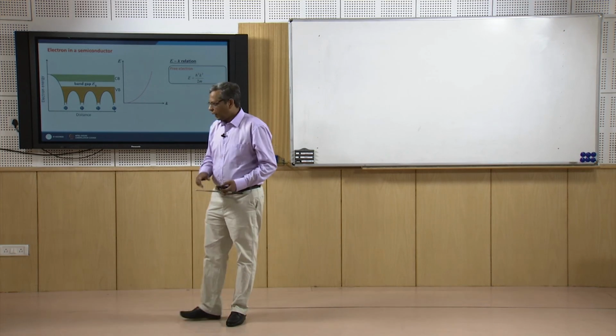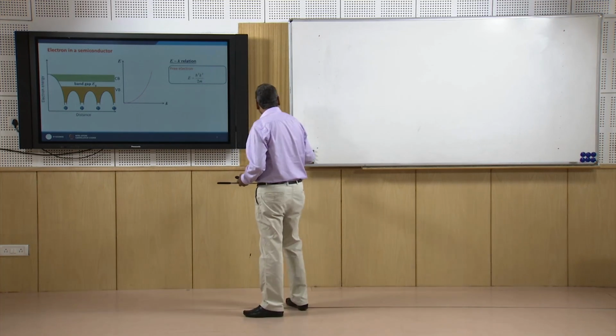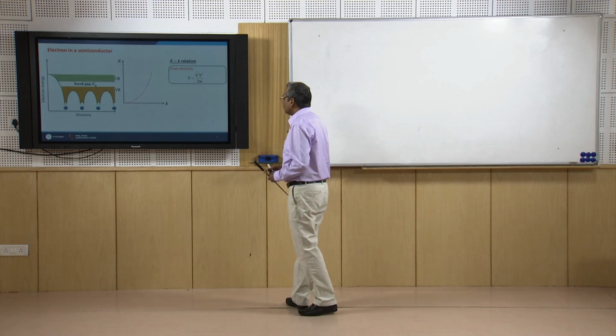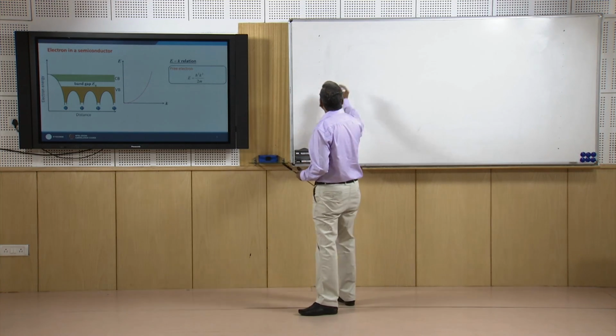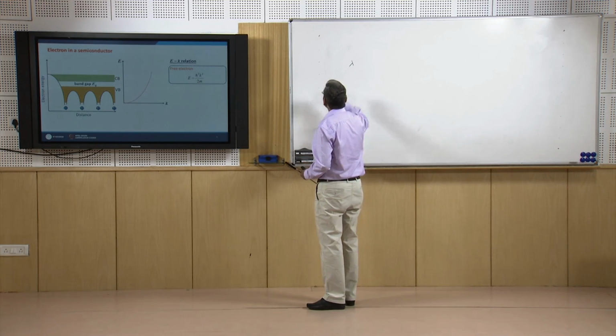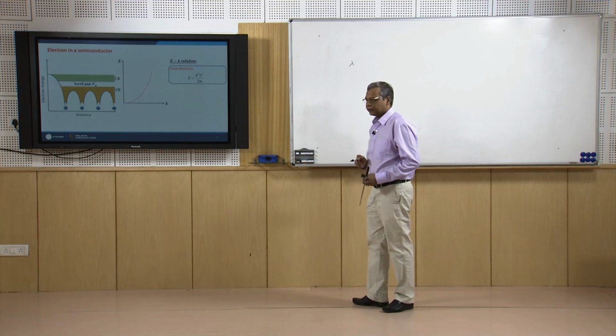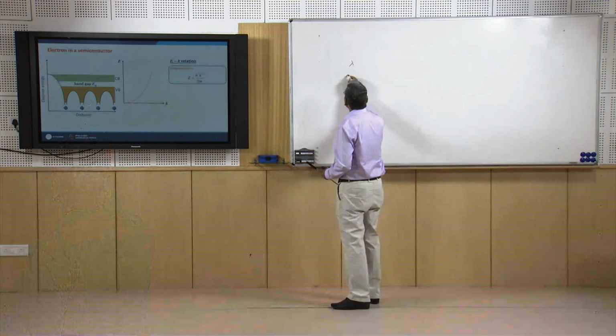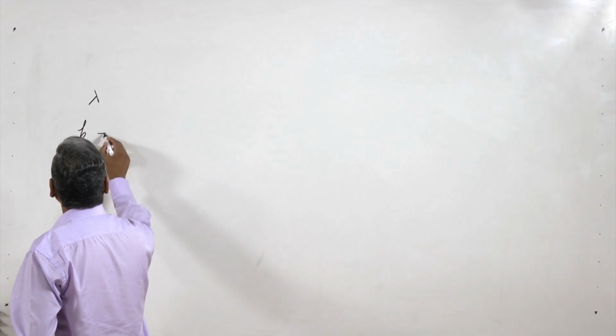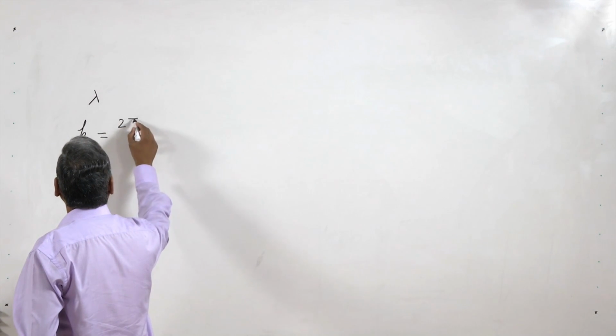If the wavelength of the wave associated with electron is lambda, then k, which is the wave vector, is given by 2 pi over lambda